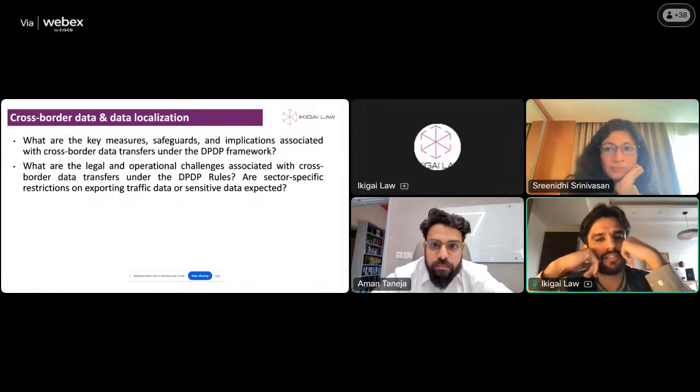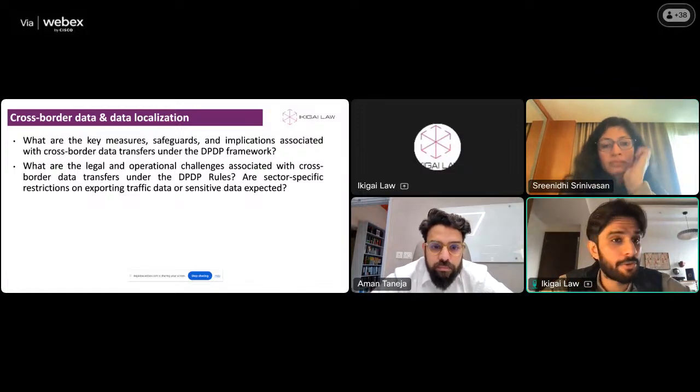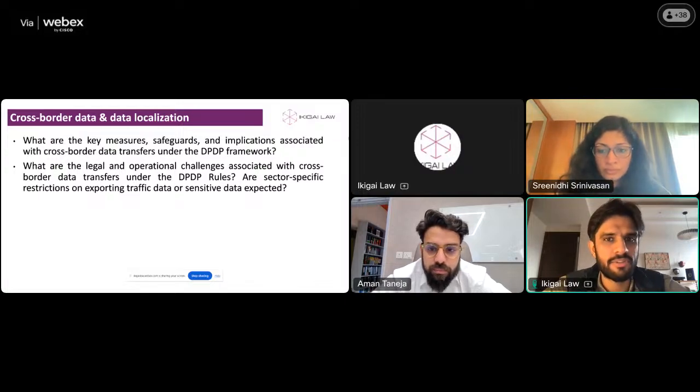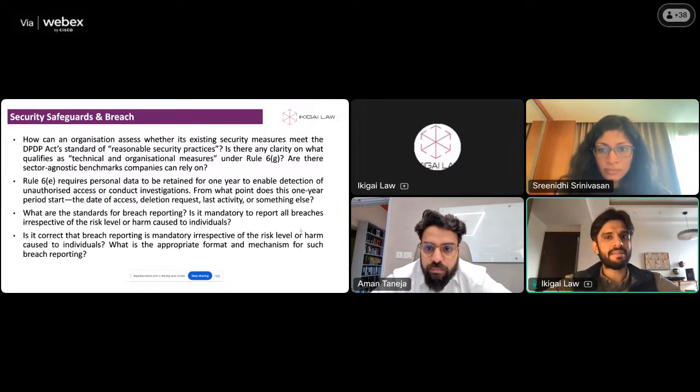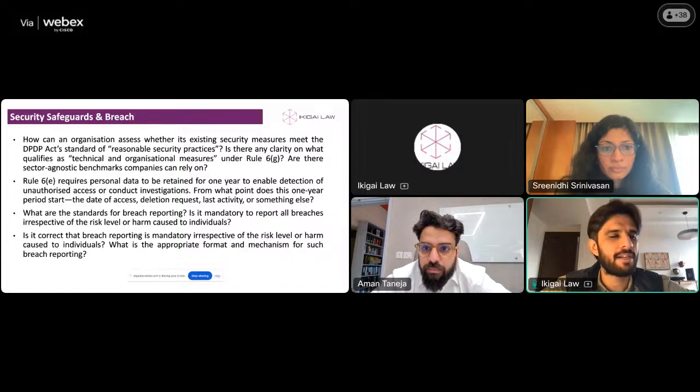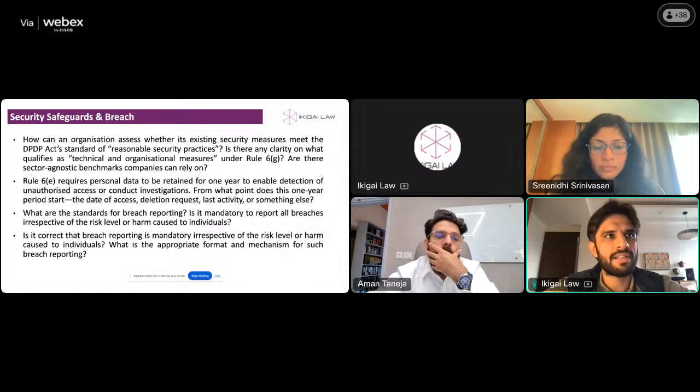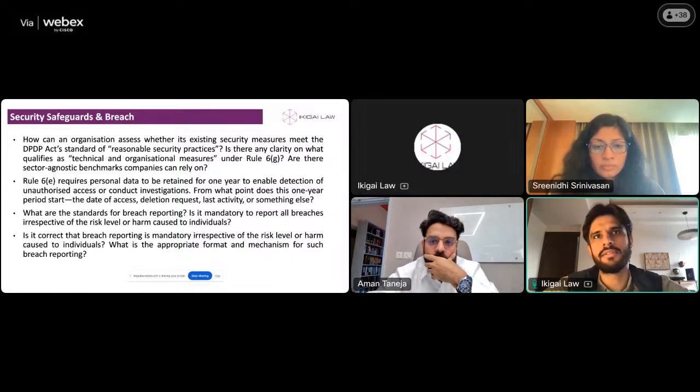Great. Last couple of questions on security safeguards and breach. On security safeguards, we have Rule 6 that sets out at a minimum certain safeguards like encryption, access control, you have to maintain logs for a year, backups, continuity measures, and so on. How should organizations, depending on, of course, their context, the level of scale, the sector that they are in, understand what at a minimum means and then deploy that into practice?